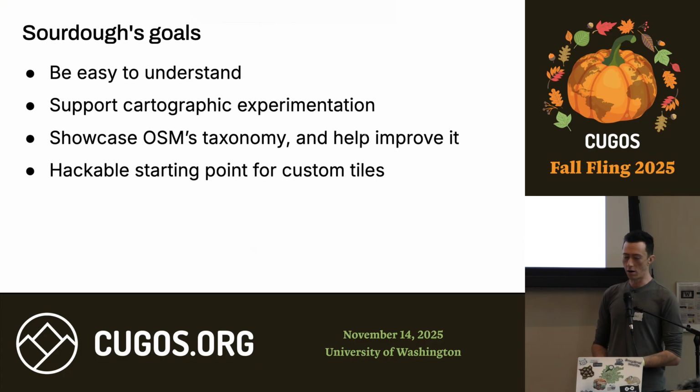Sourdough's goals are to be easy to understand, and by that I mean to not create additional abstractions where they're not needed, to just present the OpenStreetMap data directly. Also to support cartographic experimentation. So Sourdough is not necessarily optimized for production maps, but it's a test bed that you can use to explore cartographic possibilities with OpenStreetMap. To showcase OSM's taxonomy and help improve it, and by that I mean OpenStreetMap's data model